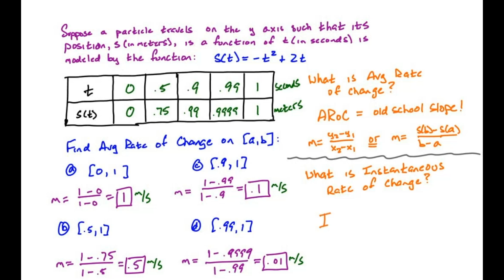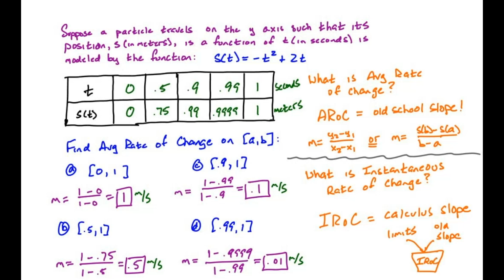Well, for me, instantaneous rate of change, or IROC, is really where two worlds collide. I like to call it the calculus slope, but the two worlds that are colliding are our old school slope, what we've known and done forever, with the idea of limits, which is what we're building up and working with right now. We put those two together, that's what creates the instantaneous rate of change. So for our problem,